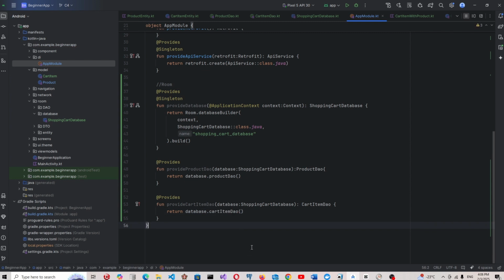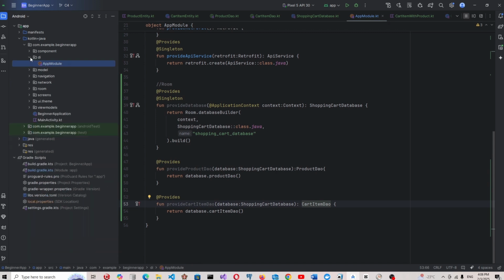Okay, so now we have the database, and the ProductDao and CartItemDao. So that will be used by our